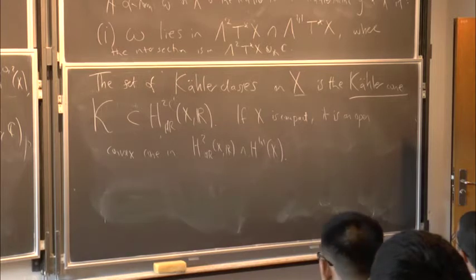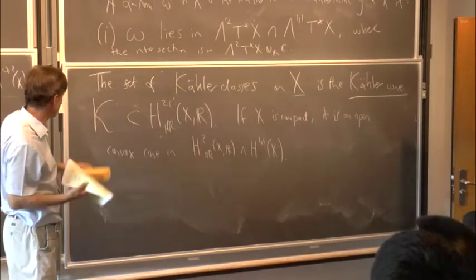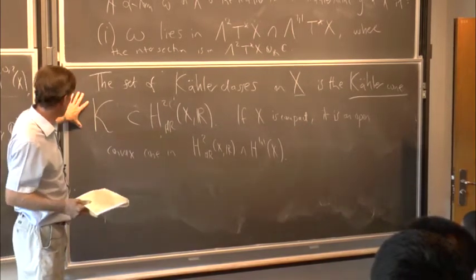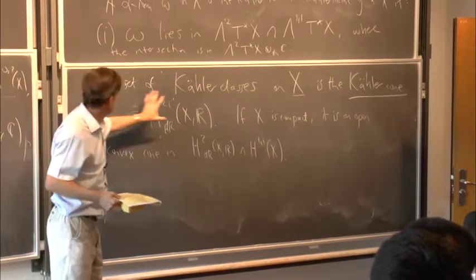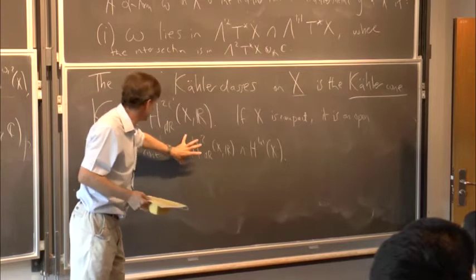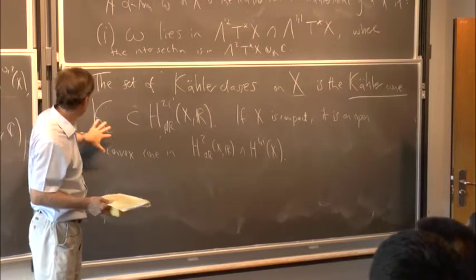So, it can be interesting to work out what K is in examples. Very often it's a kind of polyhedral cone. So it would be defined by, so you have some vector subspace here, and then K might be defined by a number of strict inequalities by,